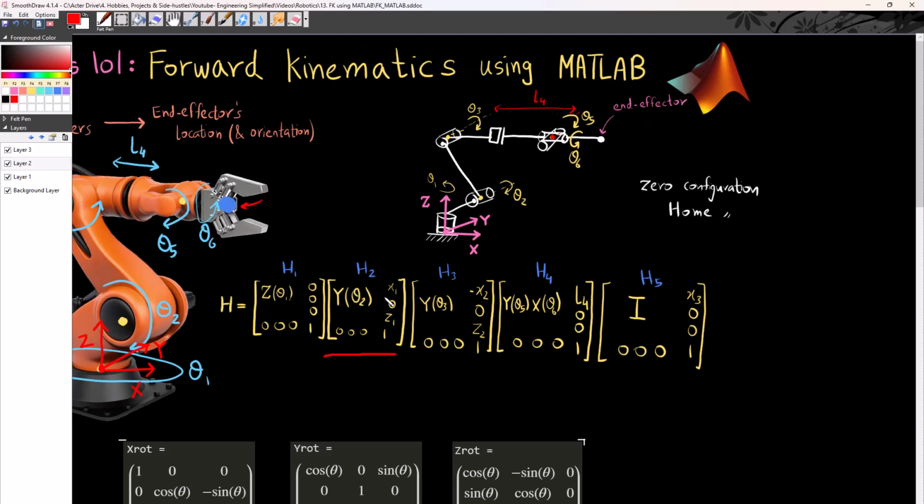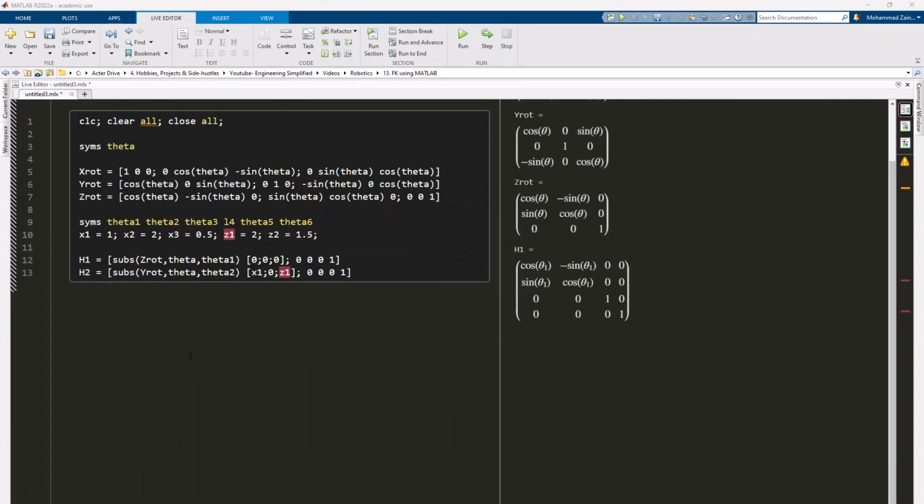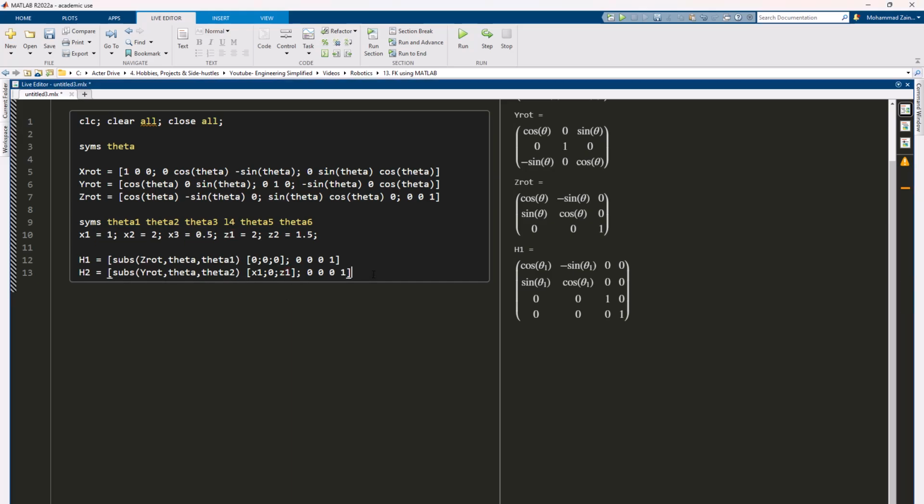So x1 0 z1, and rotation about y by theta 2. So this becomes my h2, and similarly my h3, let me just copy this again. h3 was a rotation about y by theta 3, and there was a displacement by minus x2, 0, and z2,